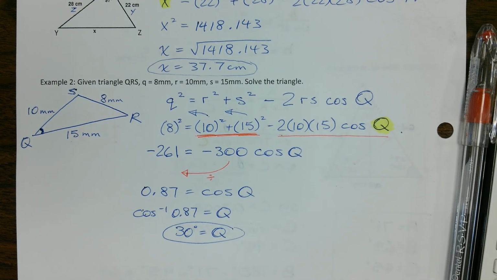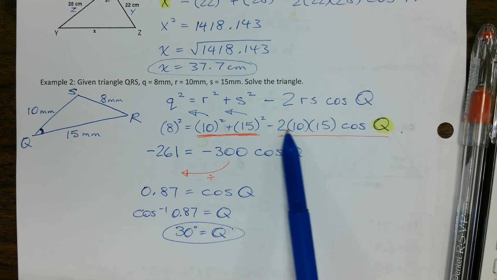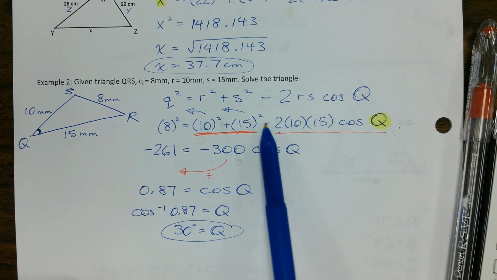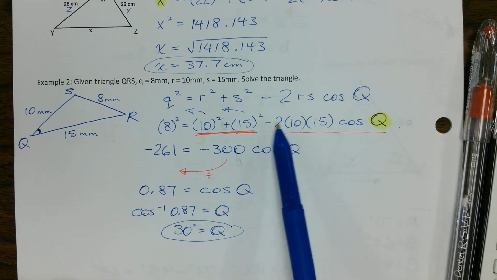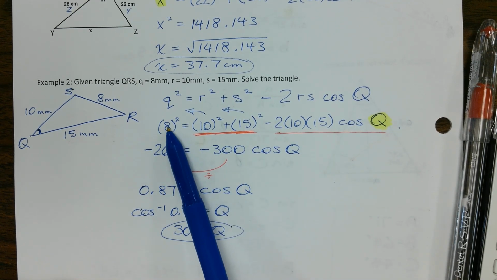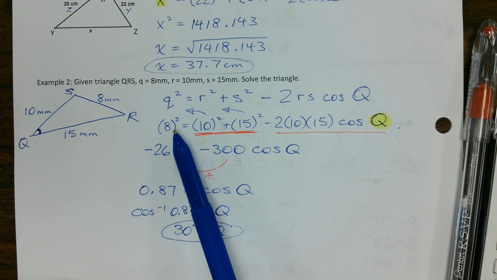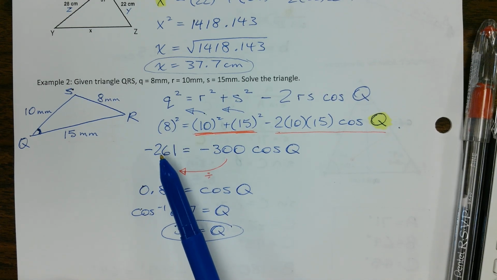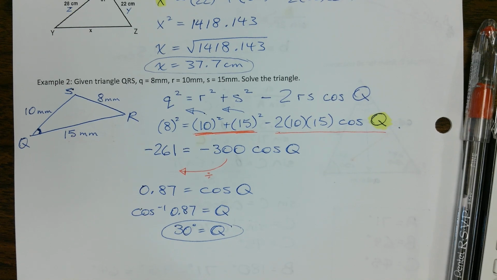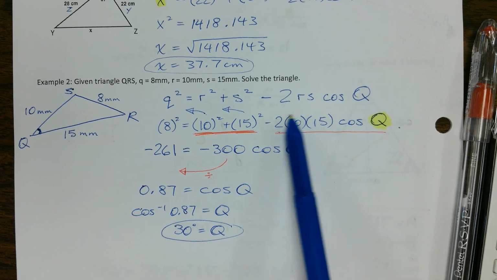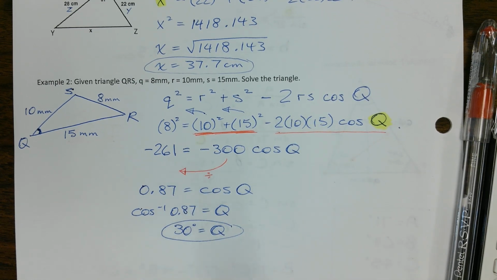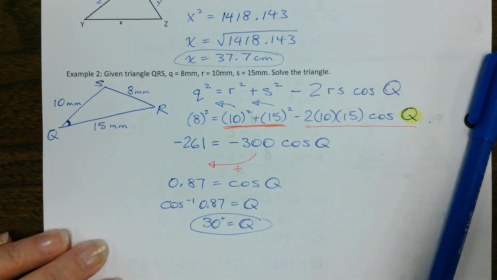Can you just input everything except the outside? Yeah. But the key is, I wanted to show why you're dividing this rather than subtracting this. So if you want, you could do q squared minus r squared minus s squared divided by negative 2rs. Can you just input everything on the right side except cosine Q? Yeah, but as long as you remember that this part goes all together in your denominator. Okay, so now that I know this is 30 degrees right here,